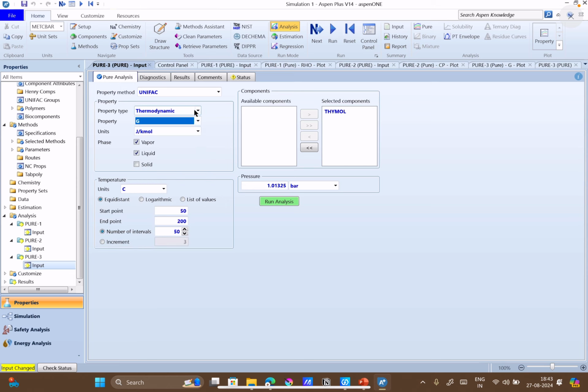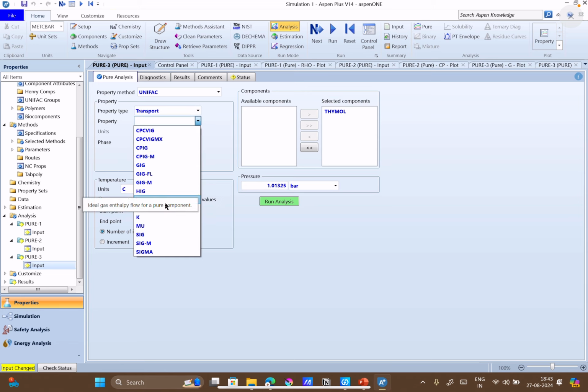Maybe it's not available. It's not a transport property, so it should not be here though.